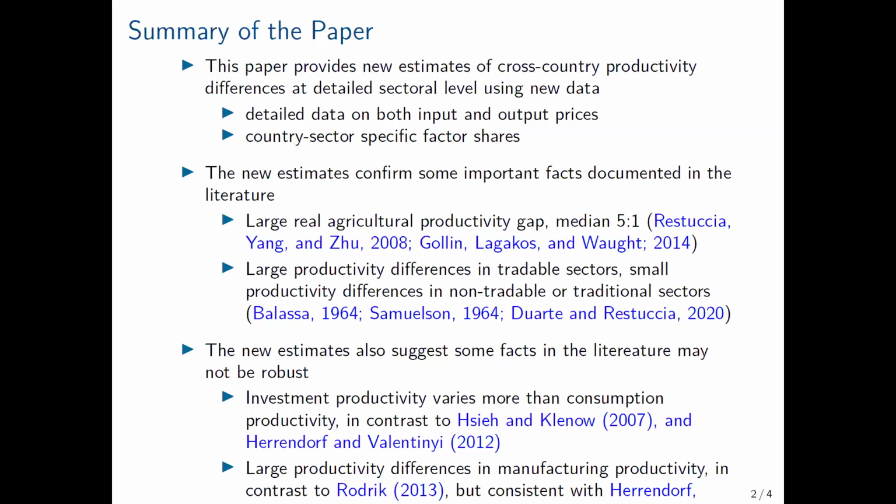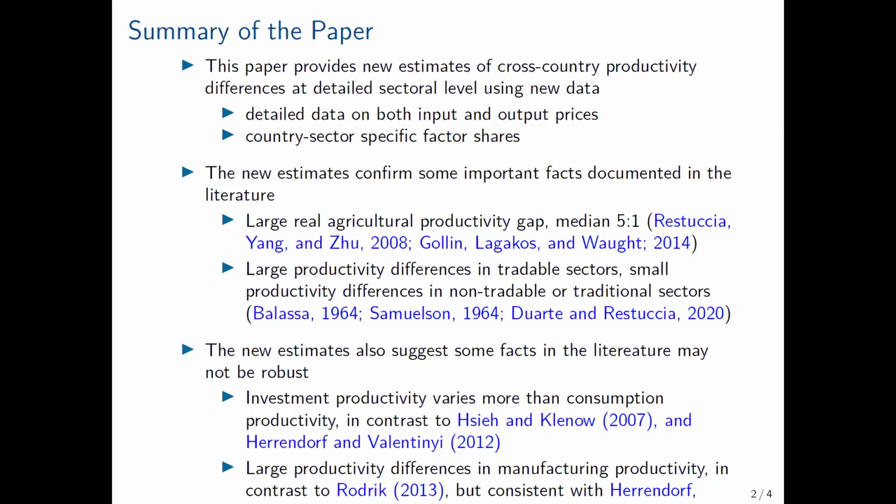So let me first summarize the results. Then I'll comment on the questions I have about some of the results, and then I will also talk about how to use the measurement, and whether there could be a better way to look at the TFP variations, and for some of the variables, whether there could be alternative ways to come up with better measurement. So first, let me relate to the literature.